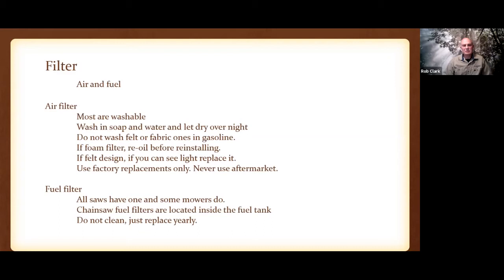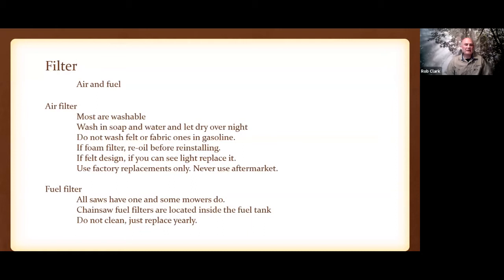If it's a felt design filter, you simply hold it up to the light after you've cleaned it, and if you can see light through it, that means the felt is wearing off and you need to replace it. Besides that, they last a long, long time. If you're cleaning on regular intervals, you can go 10, 20 years on an air filter and you don't need to replace them. Make sure you use factory replacements only. Never, ever use cheap aftermarket filters.